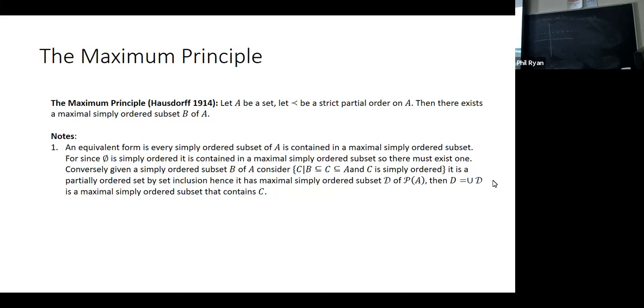Whereas, say, this is true. Why is it true that every simply ordered subset is contained in a maximal simply ordered subset? At first glance, that might not be obvious, but say you're given a simply ordered subset of A, and you want to show that it's contained within a maximal one, then just